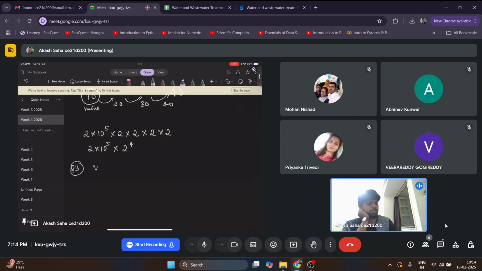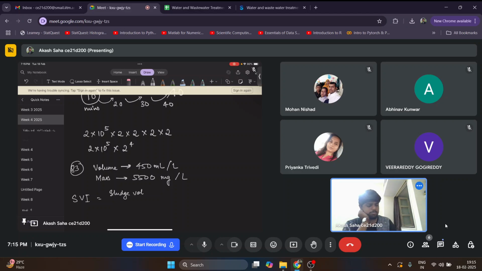So what is the volume given? 450 ml per liter. And what is the mass given? That is the MLSS, 550 milligram, also per liter. So simple. So SVI is